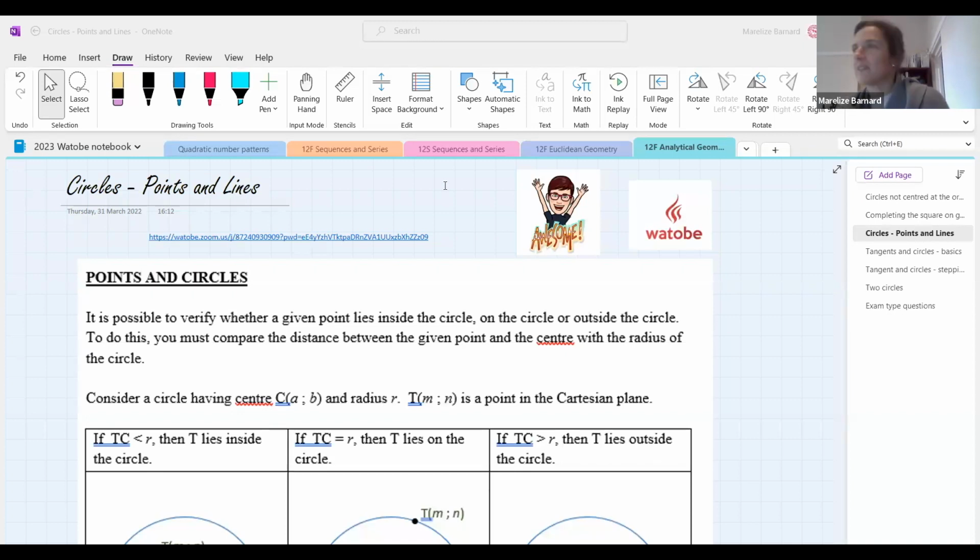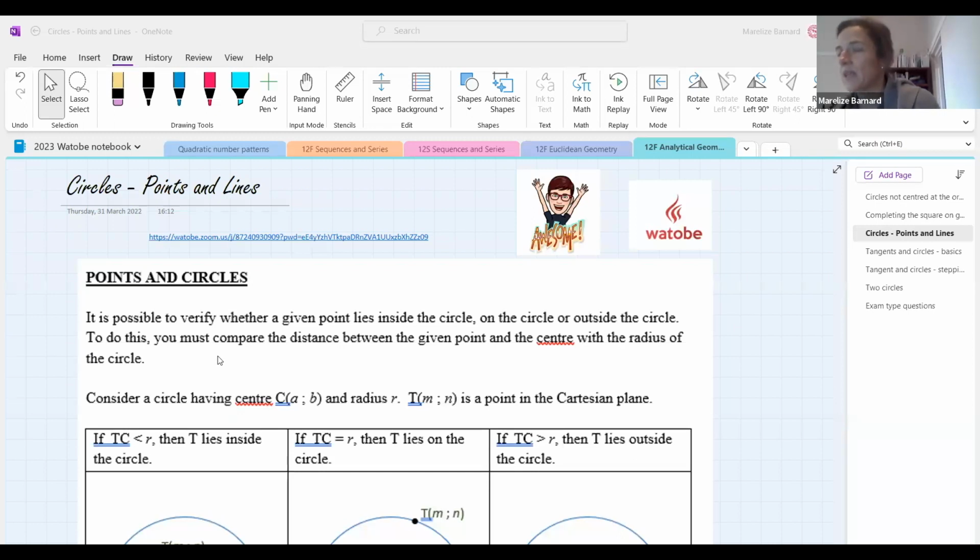So you've been doing analytical geometry for a bit, it seems. This is your third lesson. So today we're going to tackle points and lines on circles. These questions are basically about stuff like: does the point lie on the circle, outside the circle, or within